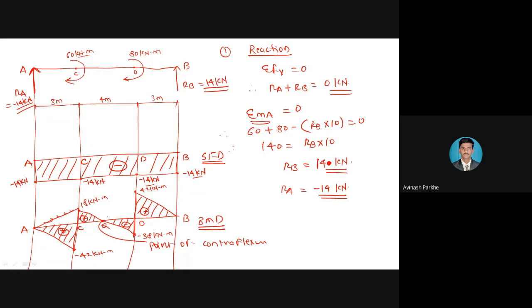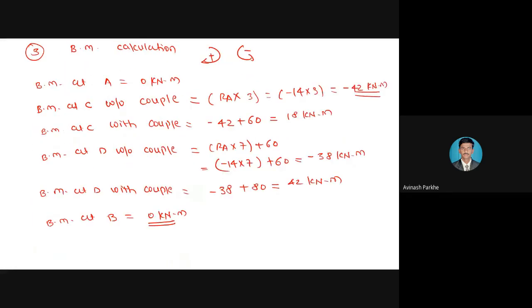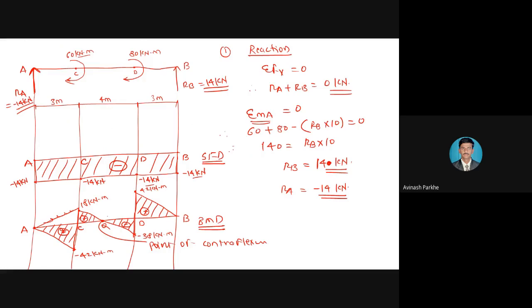But the effect of couple will be considered in the summation of MA calculation as well as in the bending moment calculation. But while considering the effect of couple, don't multiply by the distances. Only we have to take that magnitude as it is, but we have to consider its direction. If it is rotated in the clockwise, take positive. If it is rotated in anti-clockwise, take negative. So this is about the one problem where the beam is subjected to two couples which are rotated in the clockwise directions.